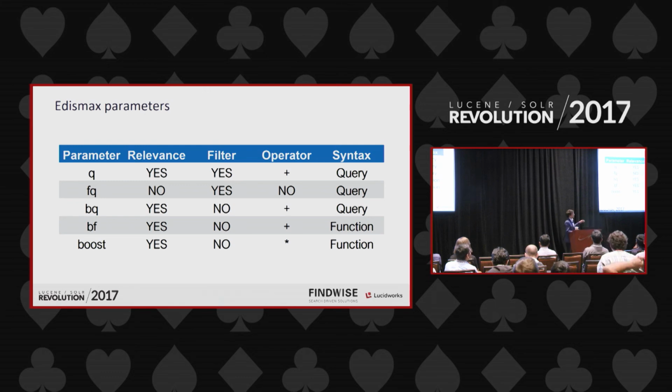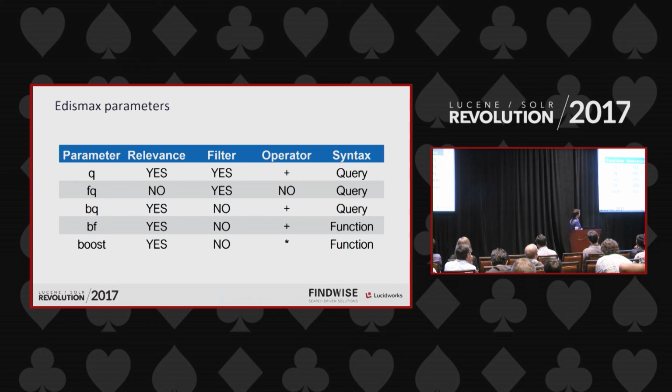Then we have the boost query, and that is just a parameter that looks pretty much like the query one. So it takes a Lucene query syntax value in its parameter, and it will affect the score, but it will not actually filter out any of the results that we are getting. So that's the most common parameter that you're going to want to use if you want to apply a filter to improve relevance, but not actually filter out results.